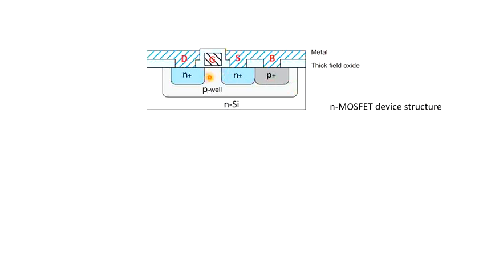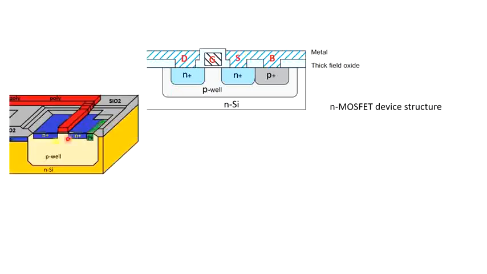For this MOSFET, what is the channel length? Yes, this is the channel length for this MOSFET. What about the width? Width we cannot show in this 2D diagram, but the width will be in the Z direction, which we can show in a 3D diagram as shown here. So width is this one and this is the gate length.